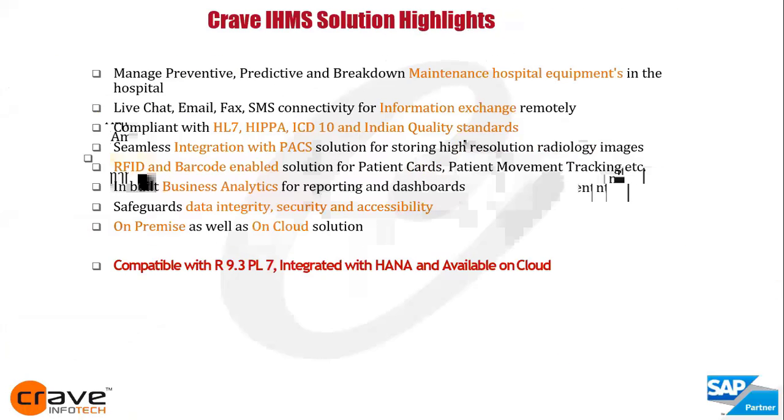Apart from that, as a peripheral product, we have a hospital equipment maintenance module, through which you can manage preventive, predictive, and breakdown maintenance. Live chat is available, something like WhatsApp, a feature SAP has already given, which we call live chat. You do not need to mail or use an external chat module or app. This inbuilt live chat feature is there. Email, fax, and SMS connectivity are for information exchange,